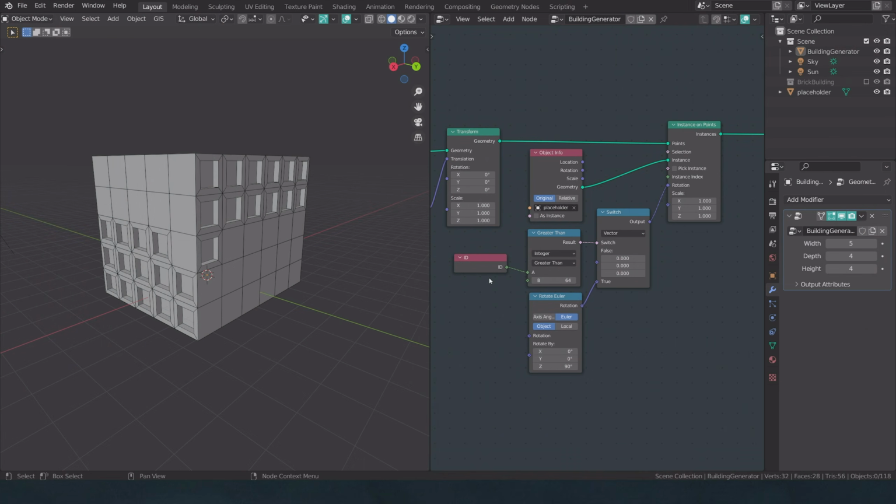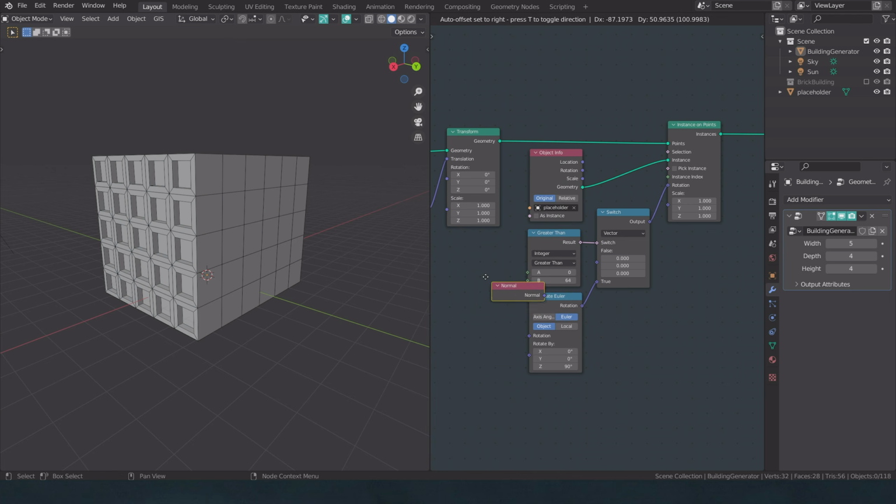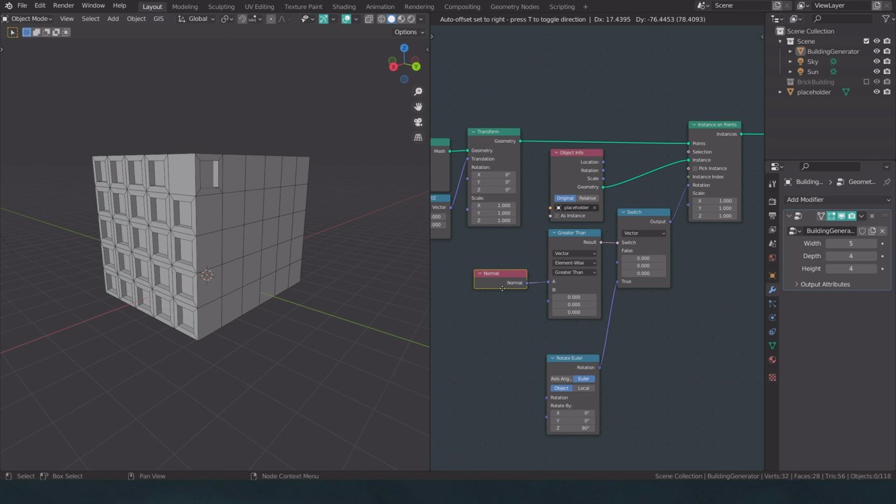Using all that knowledge, we can now try to specifically address this very wall here instead of just some random ID stuff. So I'm going to get rid of the ID and rather take a look for input normal, which is the orientation where the face looks to. And if I plug in, no, wait a second, first I have to switch it over to vector. And now if I plug in the normal, we can take a look at the individual orientation of each